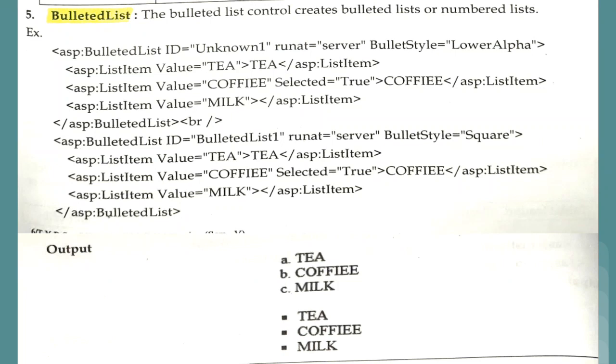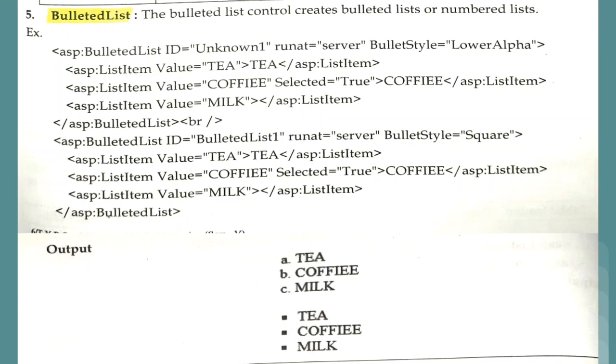Properties which are associated with the bullet list. The first one is bullet style. So we have numbered, that is 1 2 3 4, types for the bullet style. Lower alpha, upper alpha means the numbering will be in the capital A B C D format. Then we have lower Roman numbers and upper Roman numbers for the ordered list. And for the unordered list we have disc, circle, square and custom image as bullet styles.